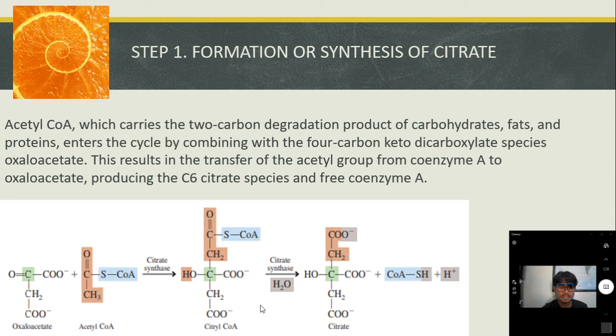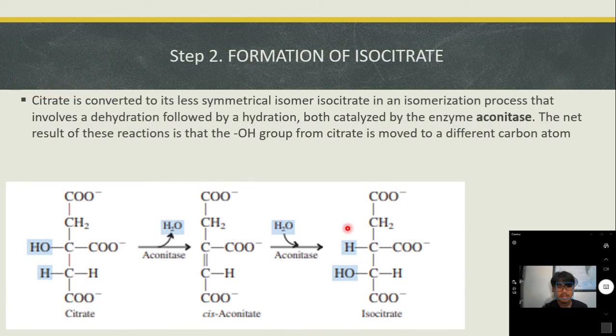So step 2 is the formation of isocitrate. The citrate is converted to its less symmetrical isomer isocitrate in an isomerization process that involves dehydration followed by hydration, both catalyzed by what enzyme? The aconitase. The net result of this reaction is that the OH group from citrate is moved to a different carbon atom. So as you can see, the citrate is not chiral because it doesn't have 4 different groups,